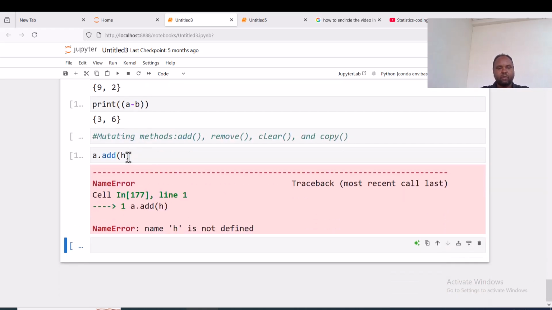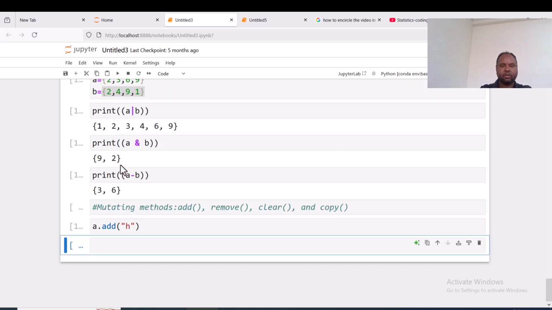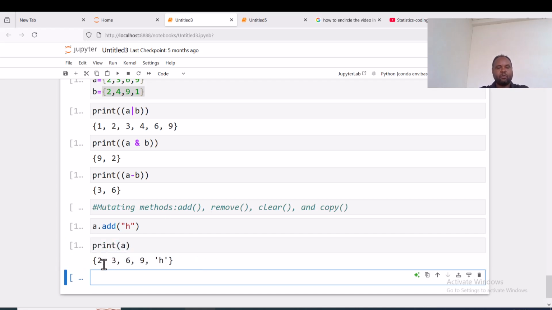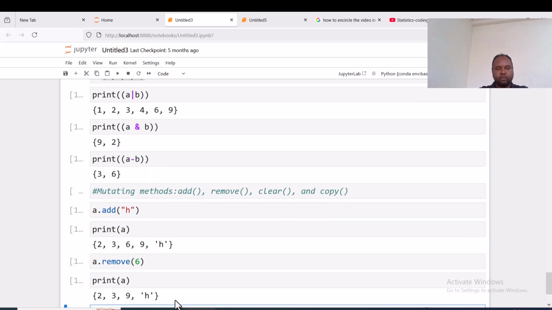Now print A. What does A contain? 2, 3, 6, 9, H, right? And we can remove 6, right? Print A now. This one is free of 6 because it was removed. And to clear all elements of a set, we may use clear. This clears all elements in